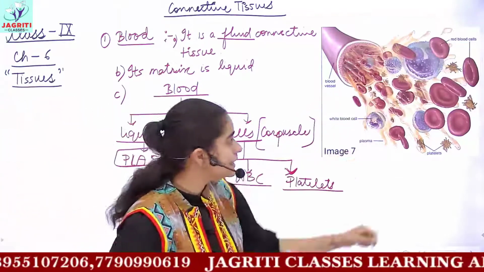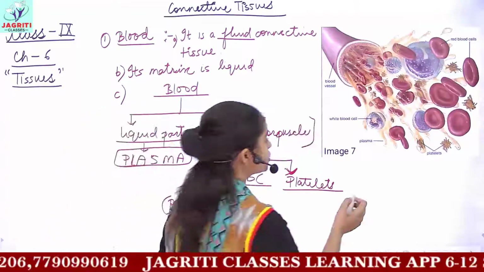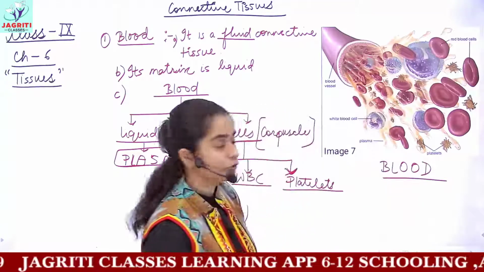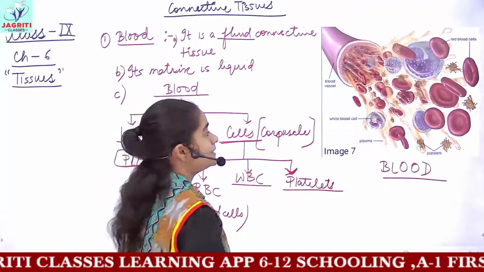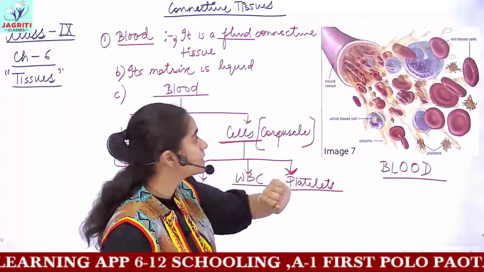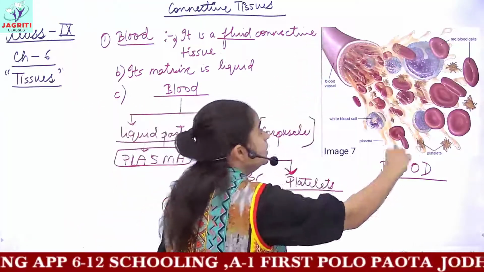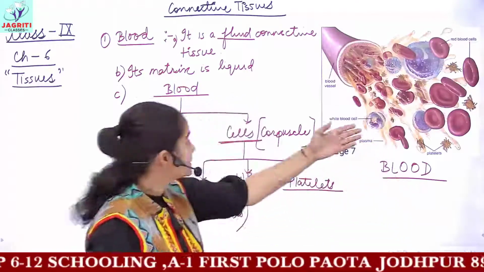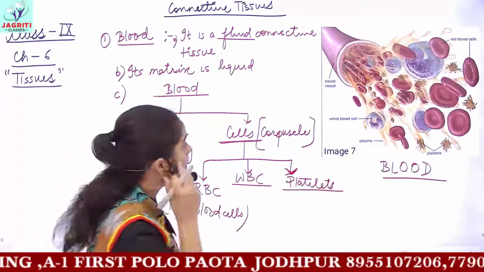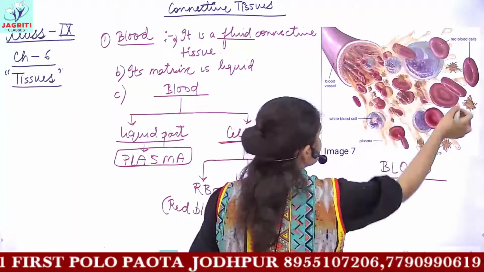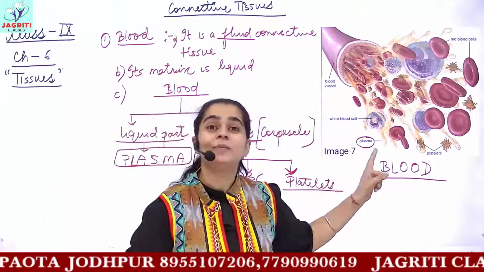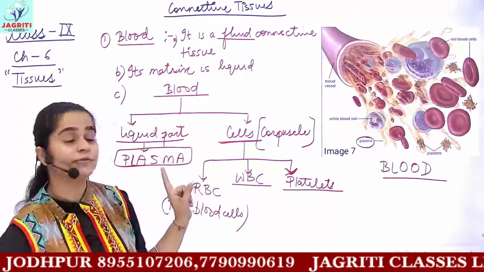And now you can see in the diagram, this image refers to the diagram of fluid connective tissue, that is blood. Okay, so this is a diagram of blood. You know that blood flows inside blood vessels. So if I cut open a vessel, then the blood consists of these parts. It has plasma and then it has three different kinds of cells in it. So this yellow colored liquid which you are seeing is your plasma. This yellow colored liquid is the plasma content or the liquid content of blood.